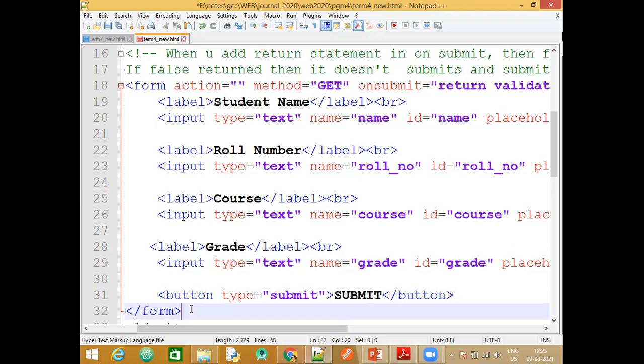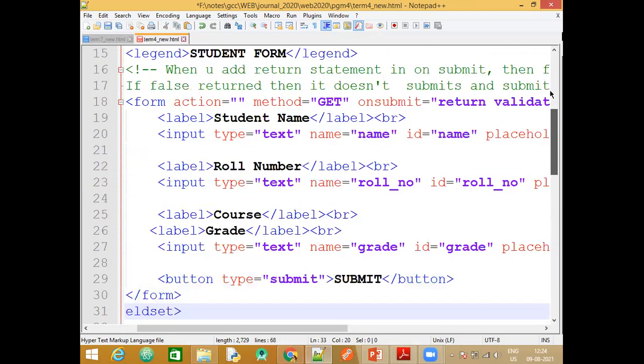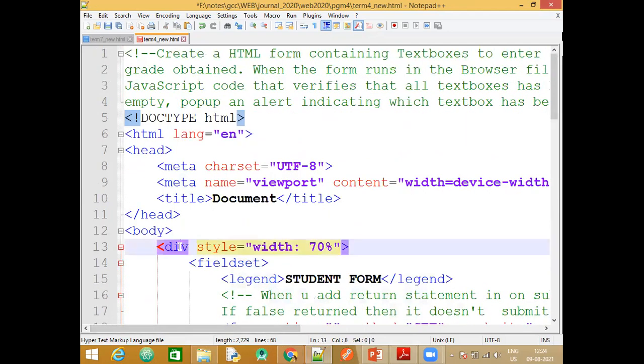To find the errors, all we have to do is right click on the browser and look, but that will be difficult. Make sure you close the form tag, we need to close division also, we need to close the fieldset tag also, in the same order. Have a look here. First is division, then is fieldset. First you close division, then you close fieldset, and then go for form. In this same order it should work. Okay.